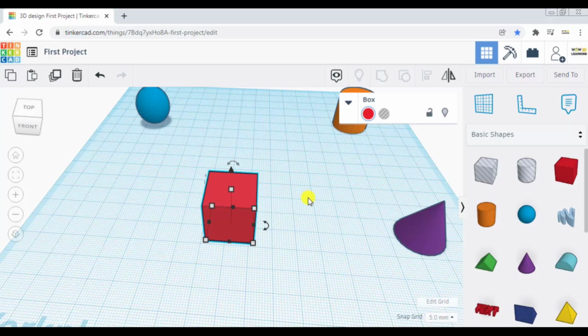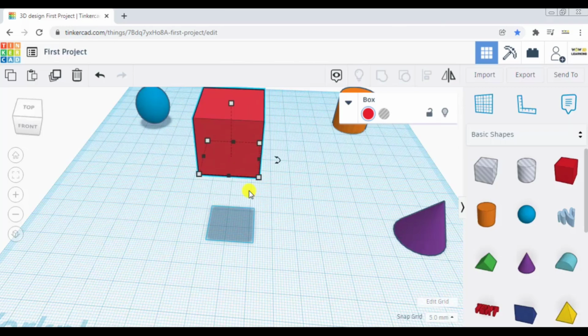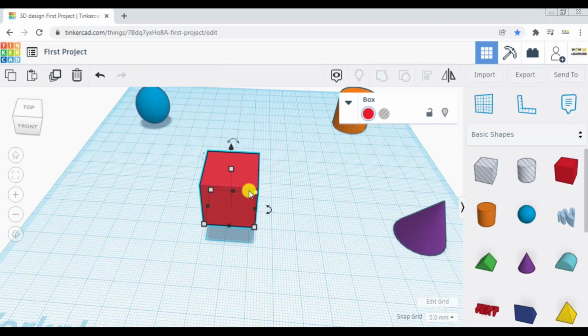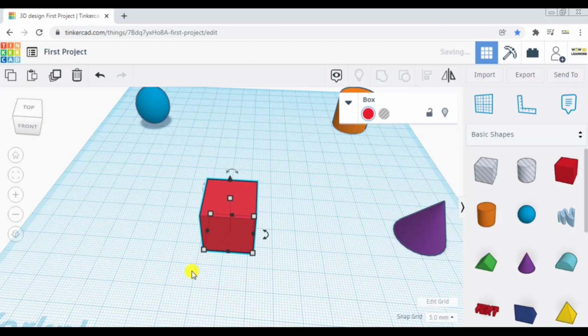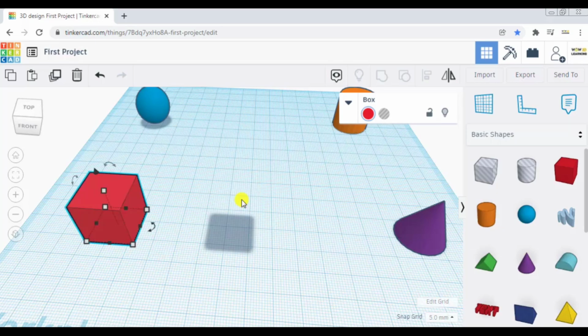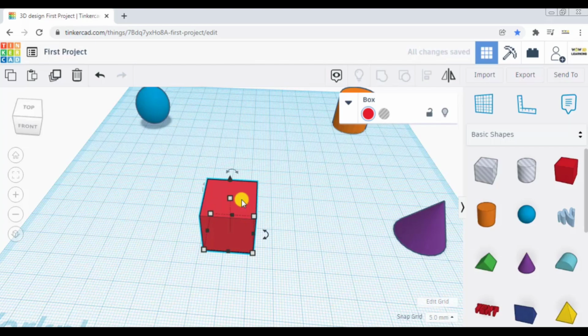Now one more option that you have to see is you can use the keyboard key Control plus up arrow to move it up or Control plus down arrow to move it down. Also, in order to move left and right in greater units, you can just press shift and press an arrow key. Are you seeing how fast it is moving now?